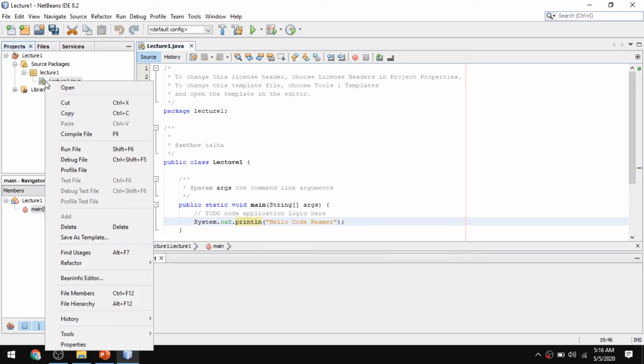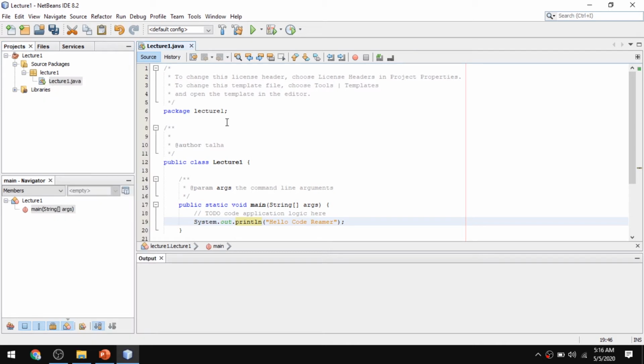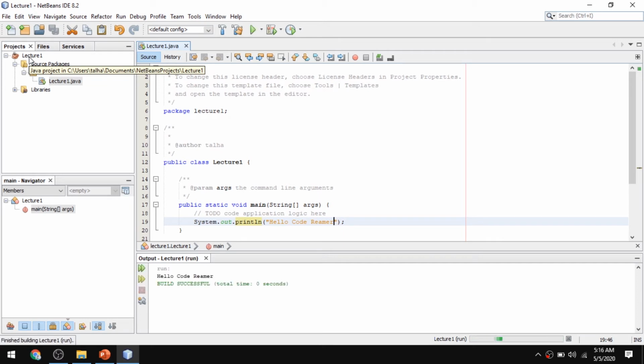I can right click on this and click run, it will also run the file, or I can simply click this play button, that will also run the project, or I can press the F6 shortcut and it will also run the project. Make sure you have selected the correct project here so that it will run that project.